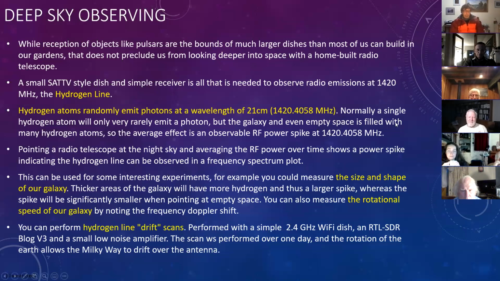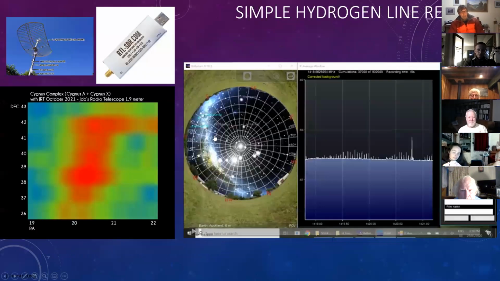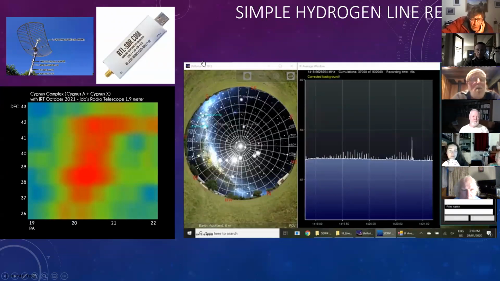And you need that feeding into that RTL SDR and a little bit of software. So that's how you set it up, and this is what it looks like. So this is the RTL SDR. It's literally a USB dongle with an antenna connector at one end, and you use a bit of software, which